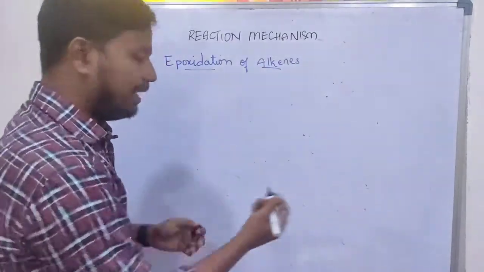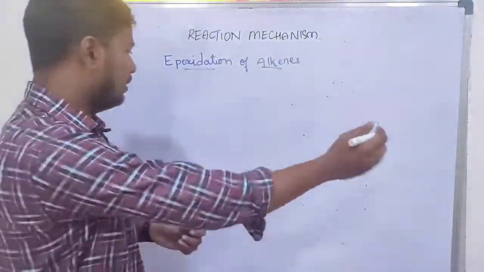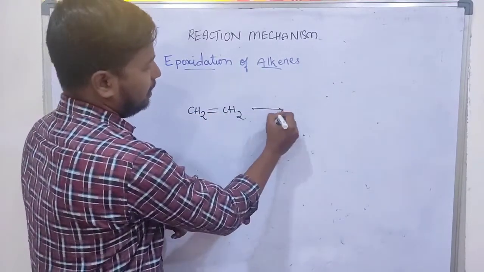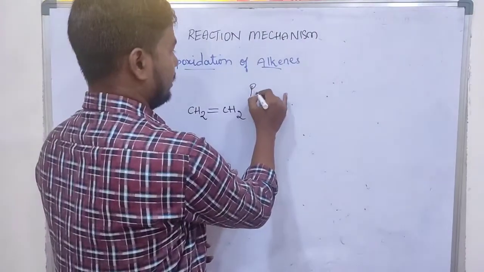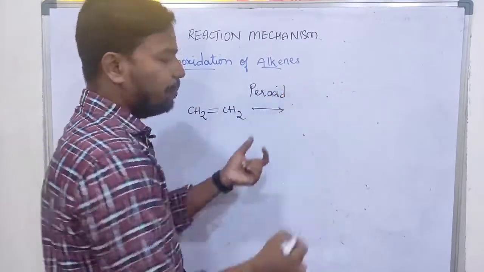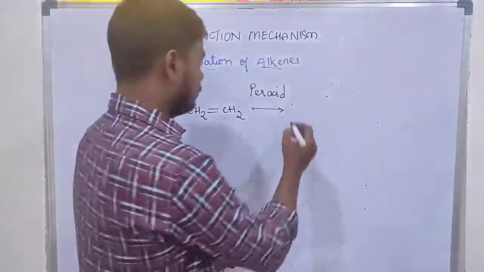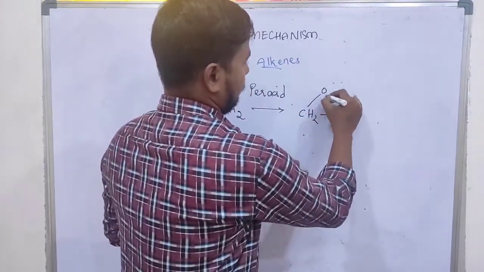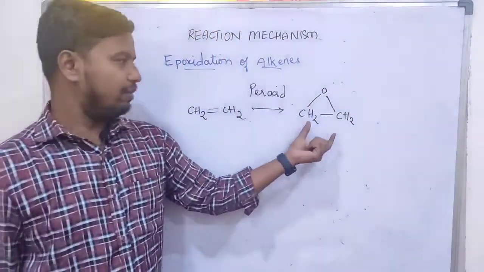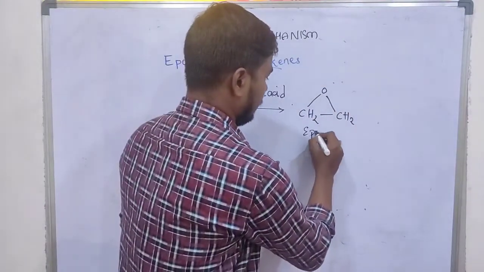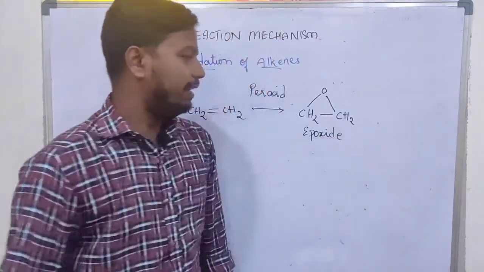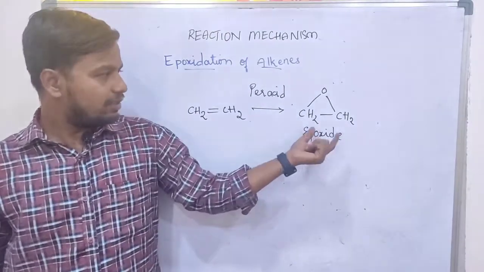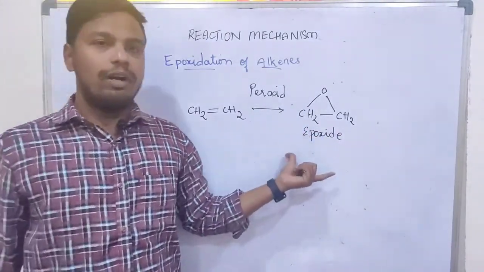Say for example, directly, first of all I will explain what an epoxide is. Take an alkene, any alkene, and treat it with any peracid. Don't panic, I will explain what a peracid is. The resulting formation is a 3-membered cyclic ring, which is nothing but an epoxide. A 3-membered oxygen-containing ring is called an epoxide. It looks like a heterocyclic compound, right? Yes, it is of course a heterocyclic compound only, and it is called an epoxide.